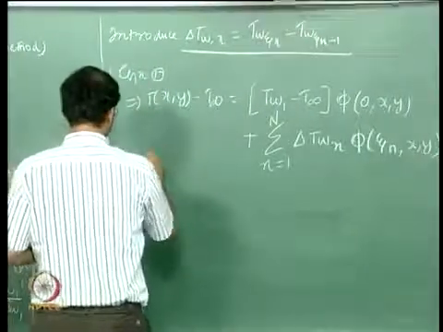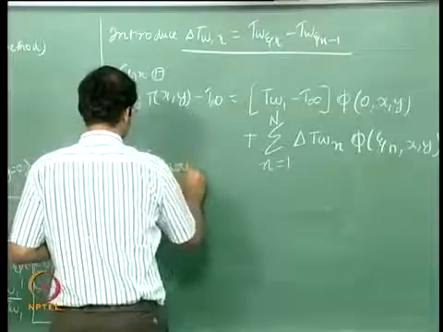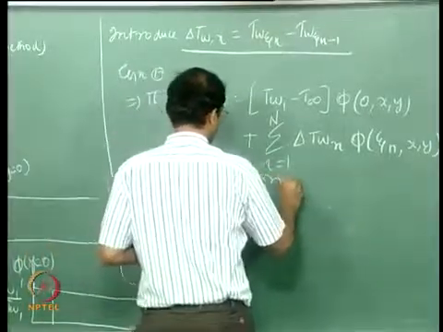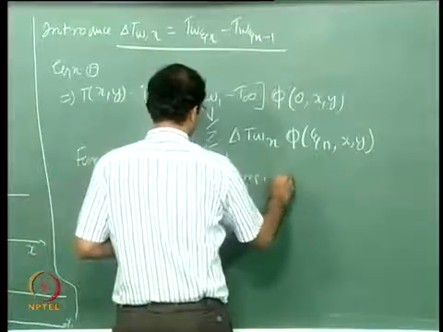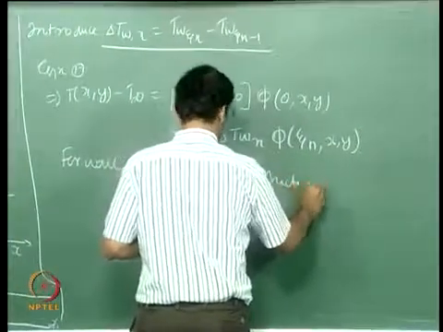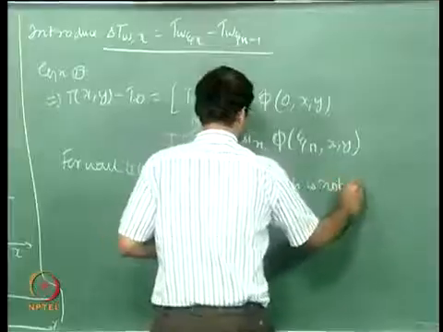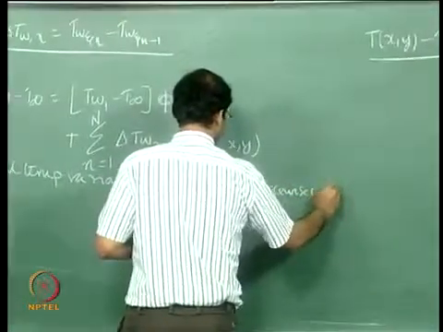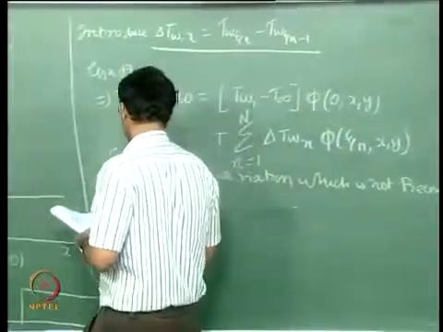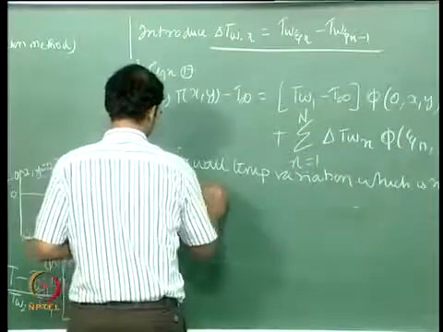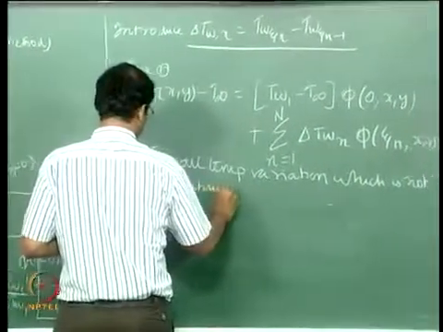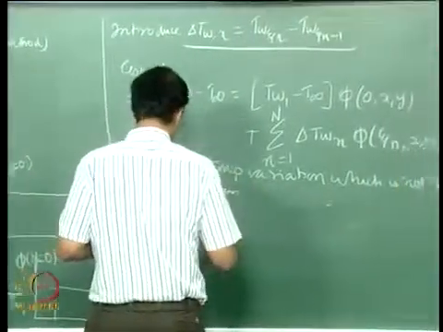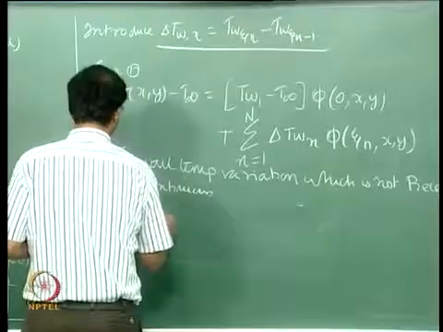So for wall temperature variation which is not piecewise constant but continuous, so that is either linearly increasing or not linearly, it is continuously increasing or decreasing, you can rewrite this